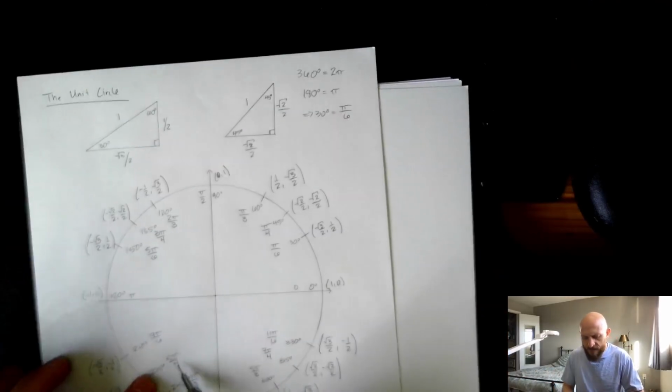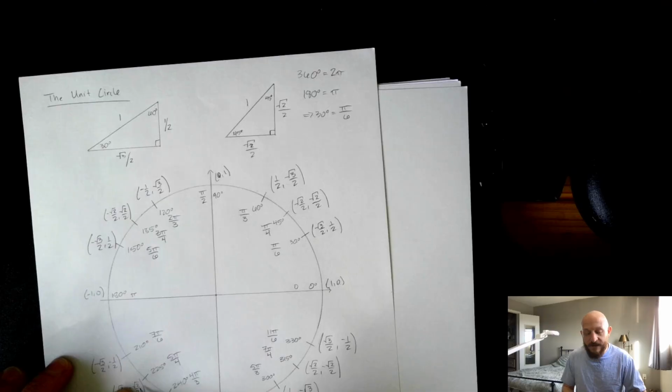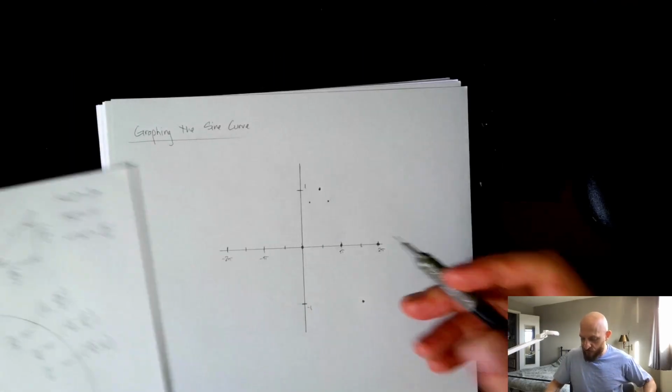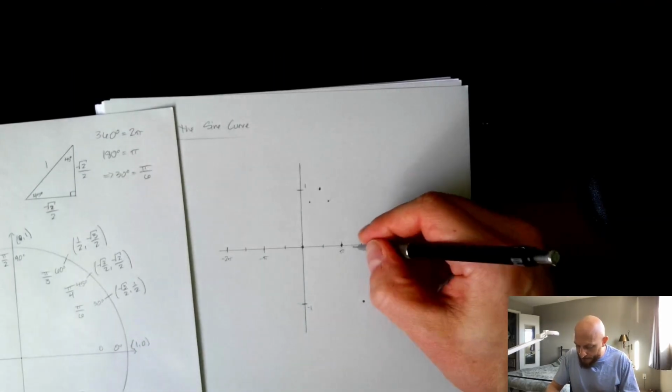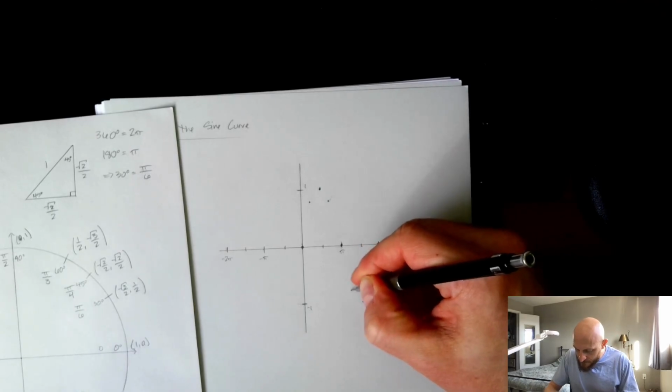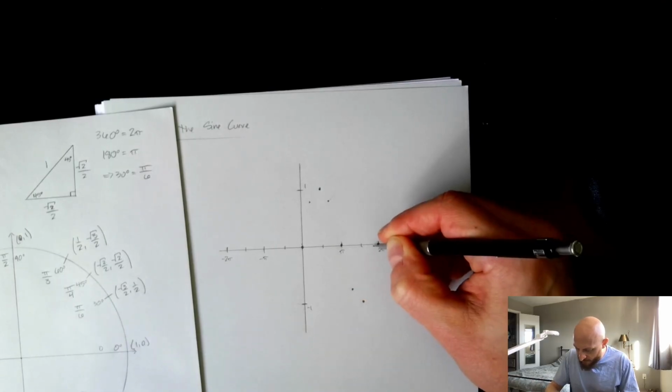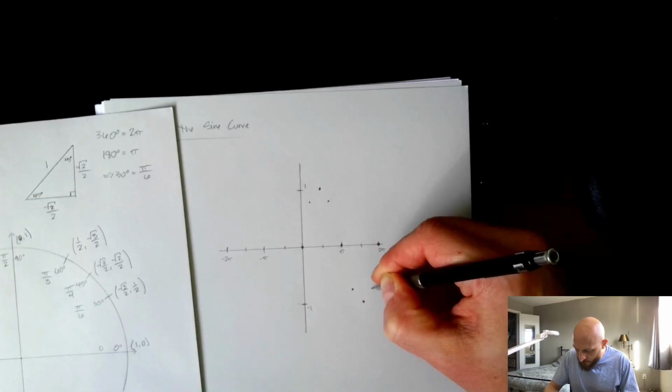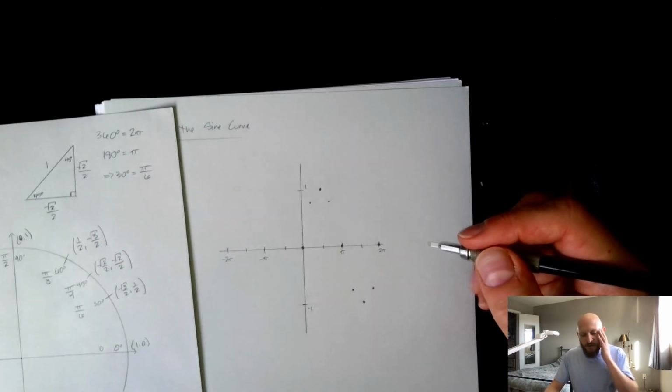Let's see, sine of 5 pi over 4 is negative root 2 over 2. So about negative 0.7. So maybe here. And then sine of 7 pi over 4, also negative 0.7. So right there. We could also put in the sine of